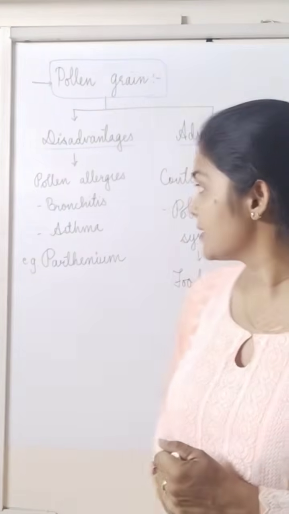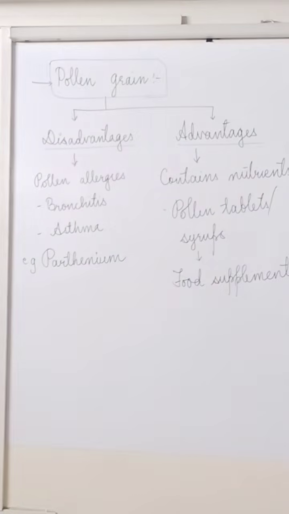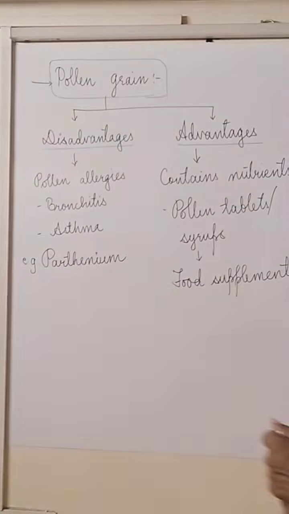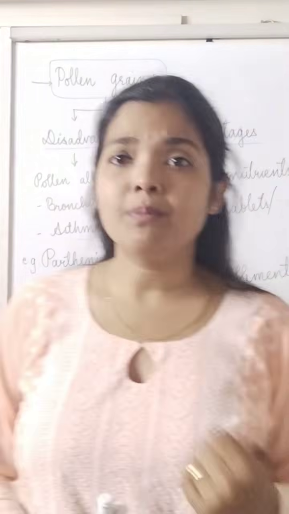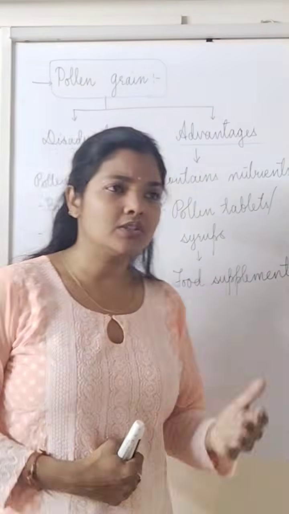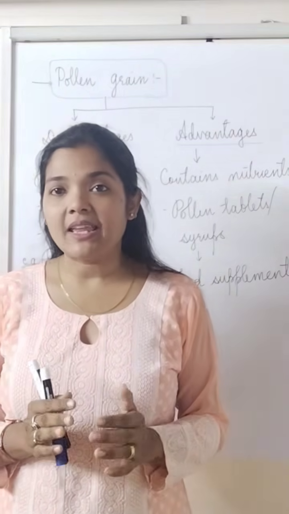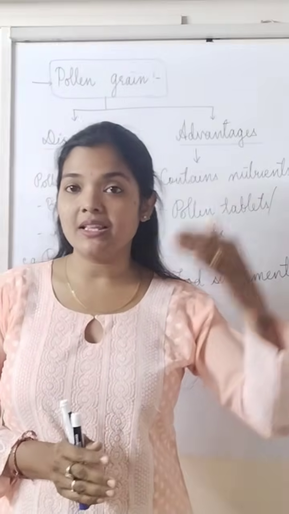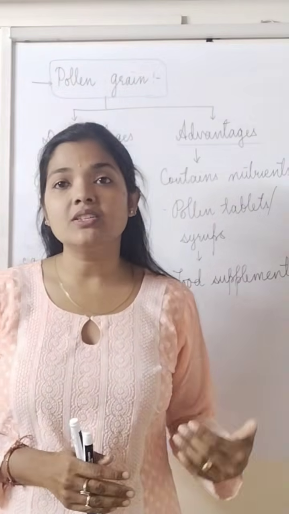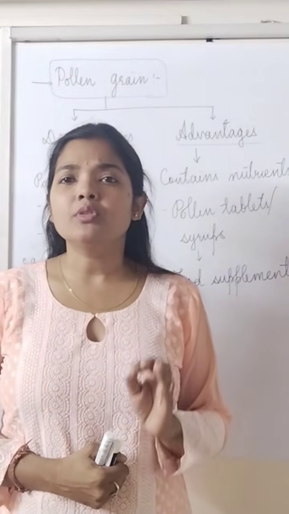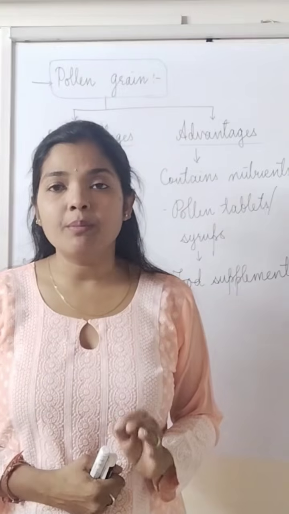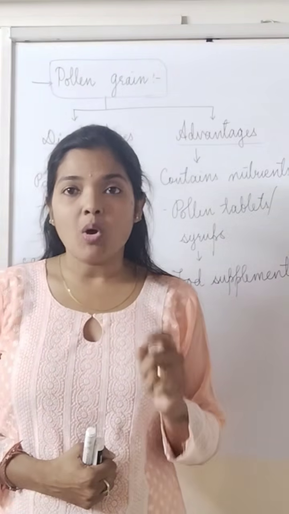Next, since we are learning about angiosperms which are flowering plants, we saw yesterday in the previous class that most of the pollen grains have two cell stage, that is, one is vegetative cell, the other is generative cell. Almost 60% of the angiospermic plants that you see, among them the